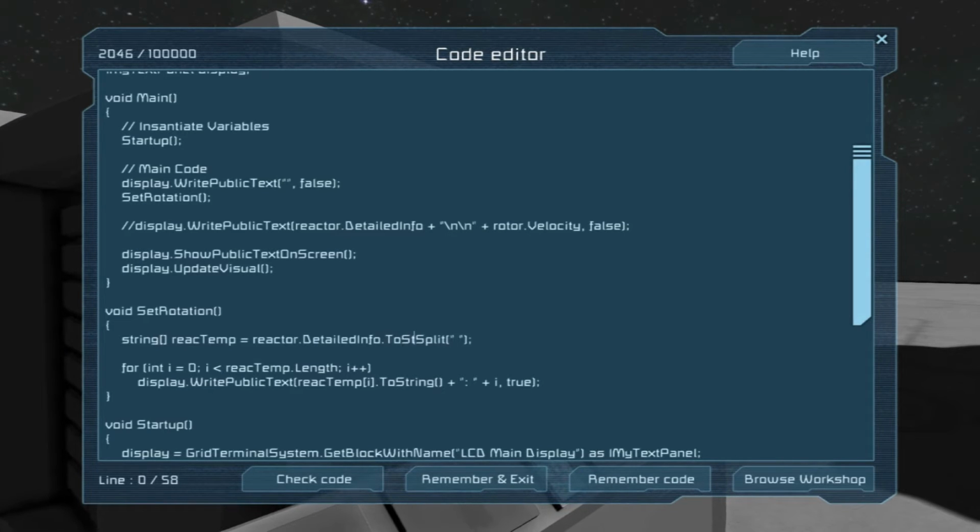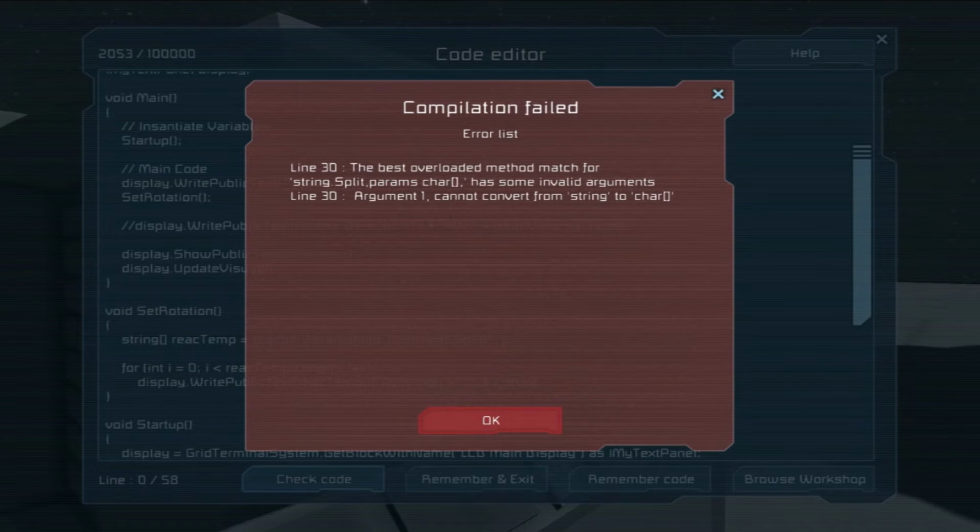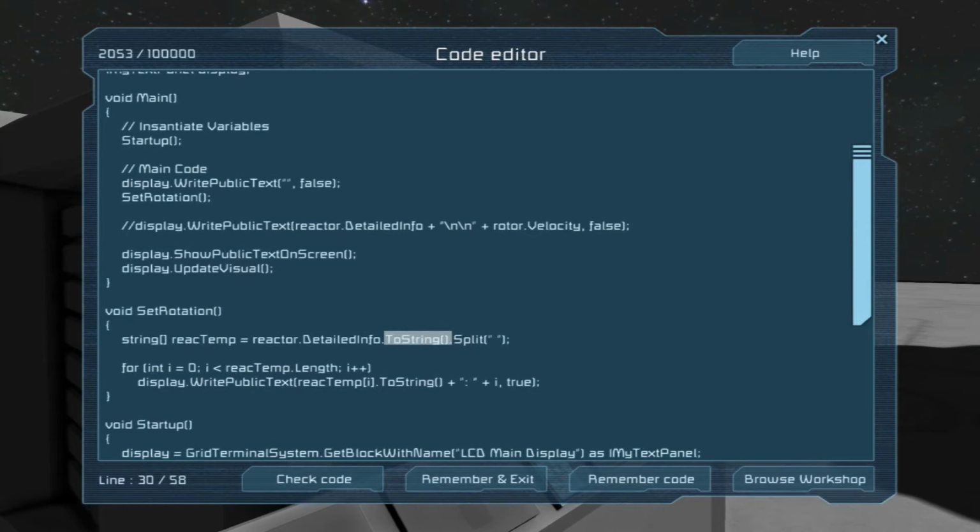Okay, let's try a toString. It should have worked. The best overloaded method... oh, wait, no. It's because split uses a character value, and the double quotes imply a string value, so single quotes or apostrophes should fix it. Alright, cool.